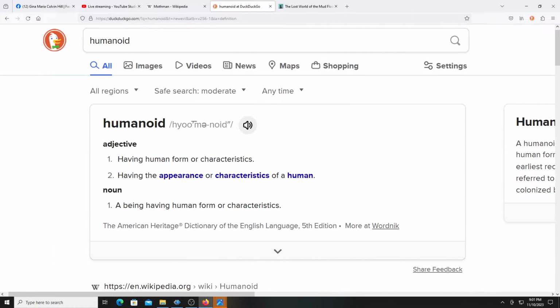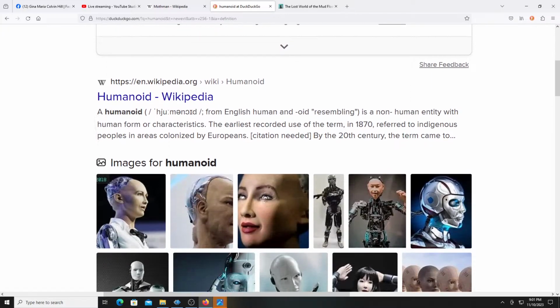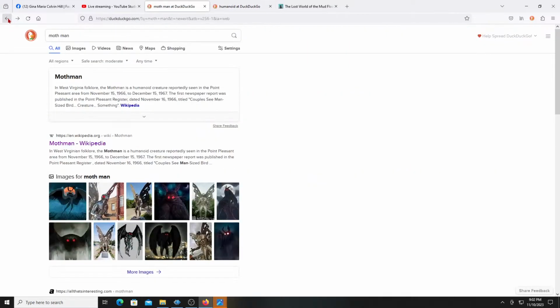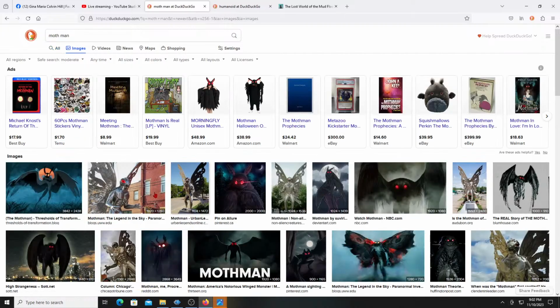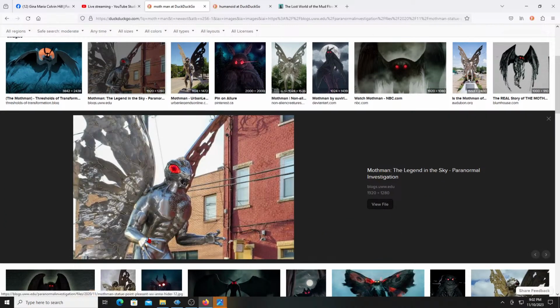So this is a humanoid. Okay, we see it just like this. They're a humanoid too, with human characteristics or human features. Rainbow turtle. So we got Mothman. Let's come back over here because we looked up Mothman. And let's hope that we do not have, like, would you like to see stuff like that?